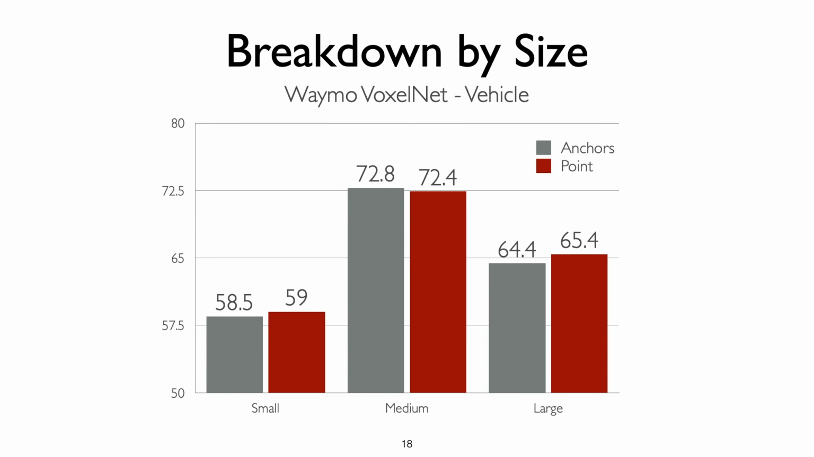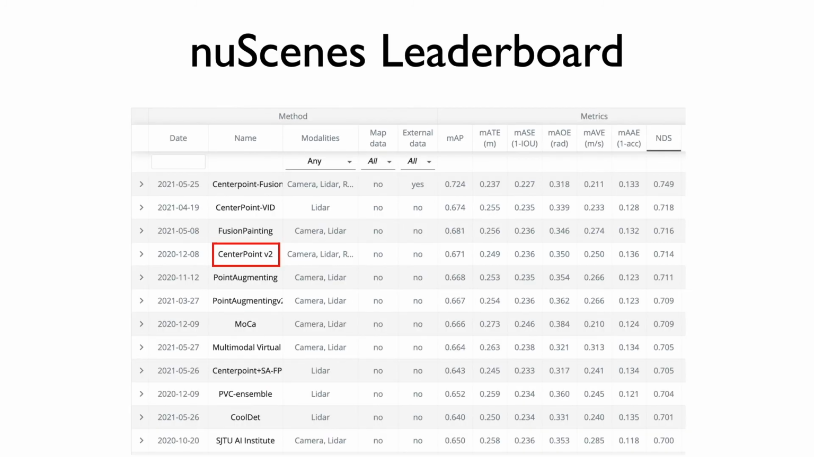Now a similar trend can be seen if we break down the results by size. For average-sized objects, an anchor is a fairly good fit, and hence there's really not much a center-based detector will give you. However, if the object is smaller than the anchor or much larger than the anchor, a center-based approach works much better. Finally, we also rank competitively on the nuScenes leaderboard,